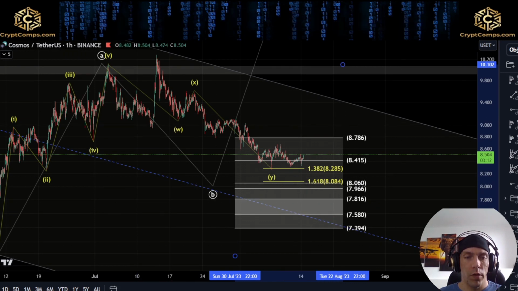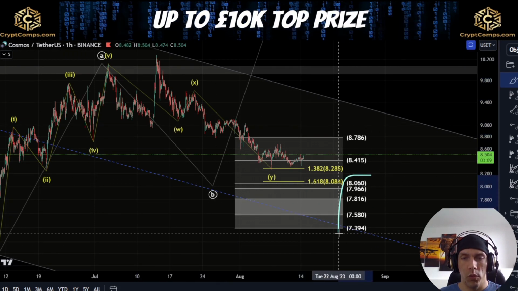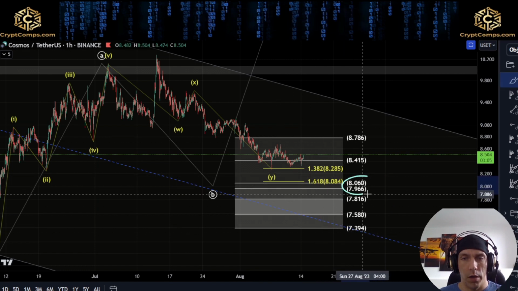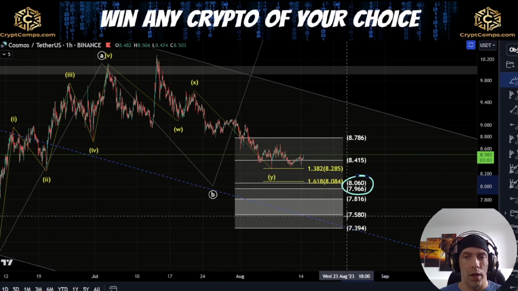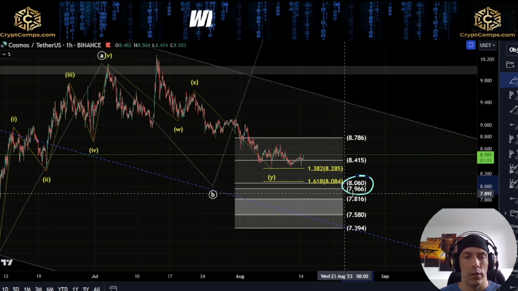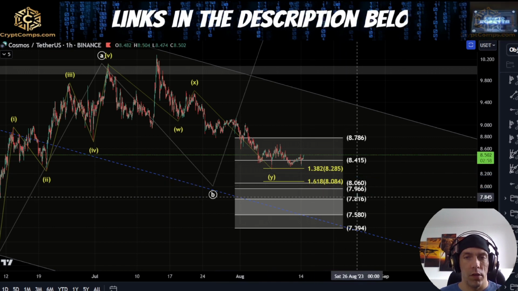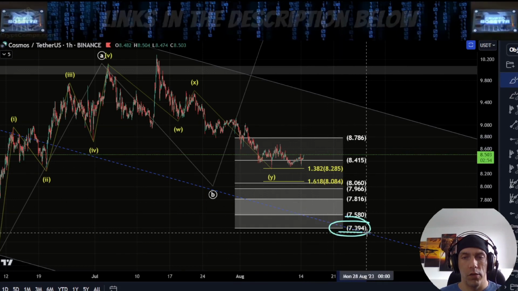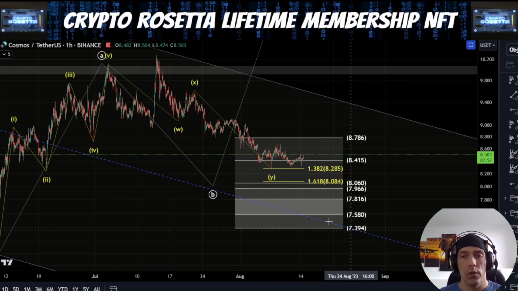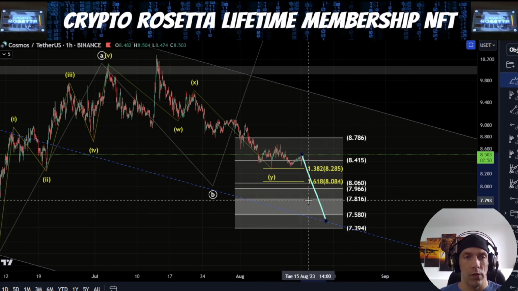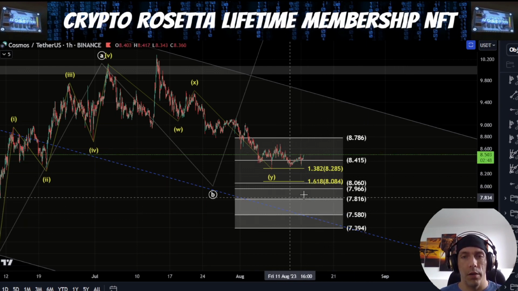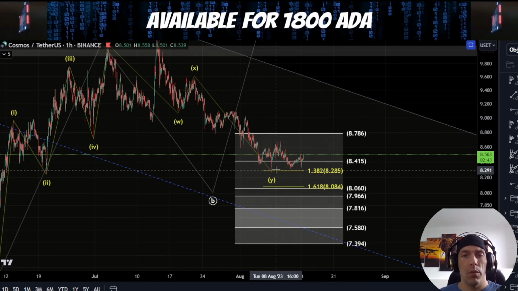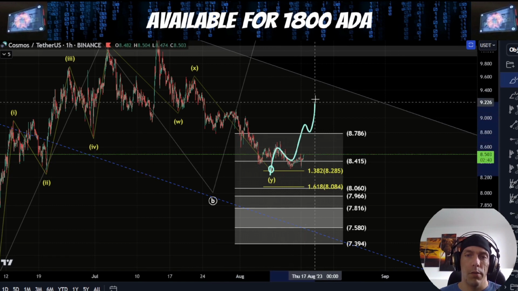If, however, this move is incomplete, we could still look for support to come down lower here, in which case what I would be keeping an eye on lower down is our golden pocket at this $8.06 to this $7.96. This could be quite an interesting zone to keep an eye on, as well as if we do move down lower here towards this $7.86, which is sitting at this $7.39, this could also align with coming back into this central channel line here. So we're going to be keeping an eye on those levels if we do see price look to push down one more time. Now, if however we look to hold this low, we could start to rally from this position,